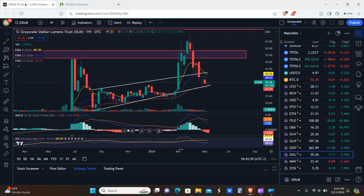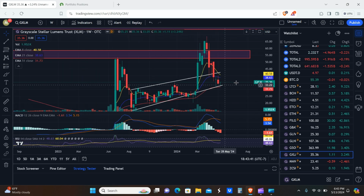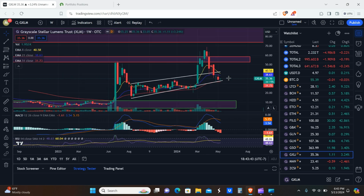So GXLM, again, I would say the bottom of this trend line here, or this wedge pattern, it would be not really a wedge so much. I think it's more of kind of like a channel per se. I mean, this could be measured a million different ways, but I would say this is probably more likely a channel, which again, the fact that it popped out of here so aggressively and they came back down is kind of weird, but